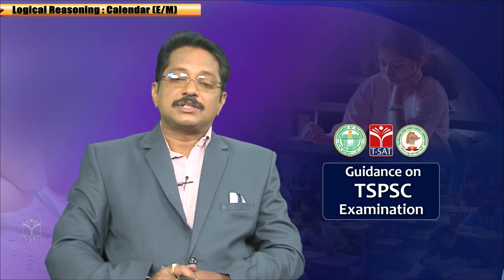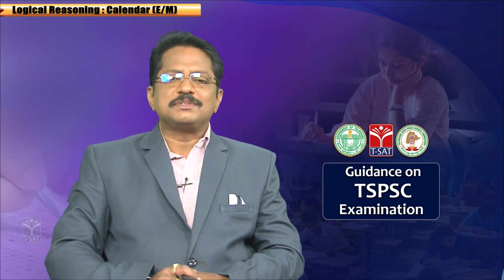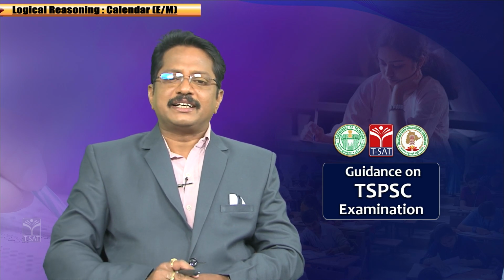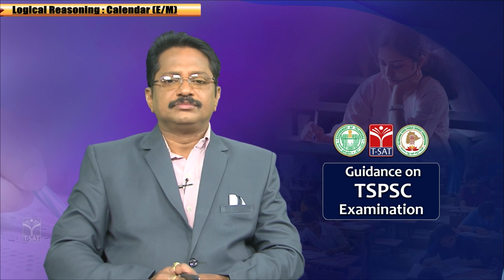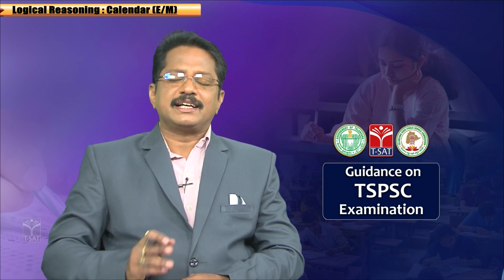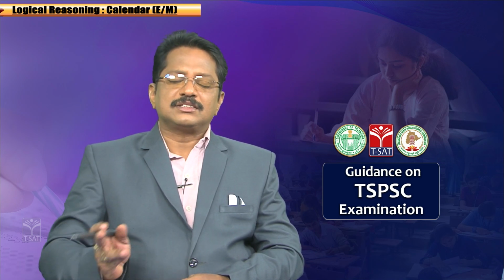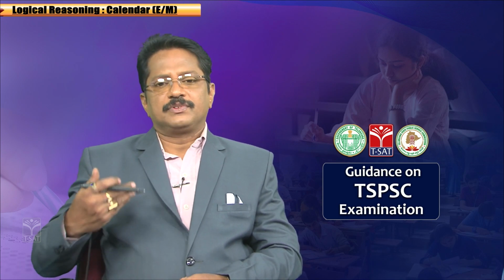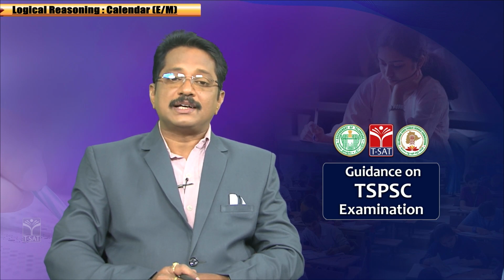Maybe you have a doubt, sir, how did we get these codes? Maybe this is a common doubt among all. It is simply dividing by 7. When 7 is divided by 7, what is the remainder? 0. So Sunday is 0. Monday, the next day, we have 1, correct? So remainder 1 will come. So Tuesday 2, in the same order. So the codes are given as 0, 1, 2, 3, 4, 5, 6.